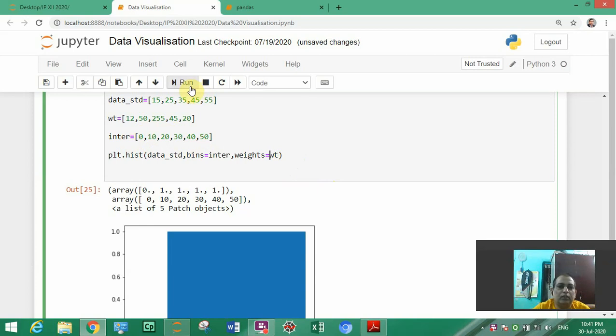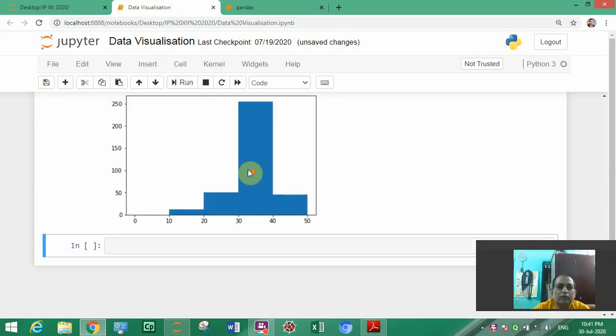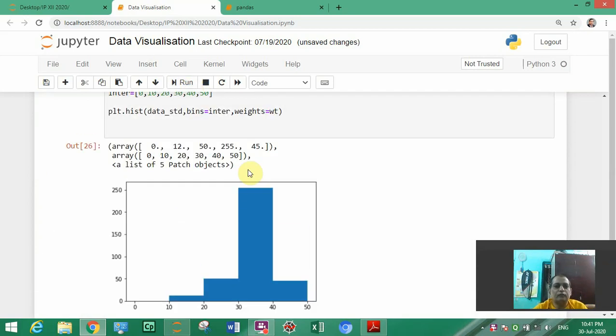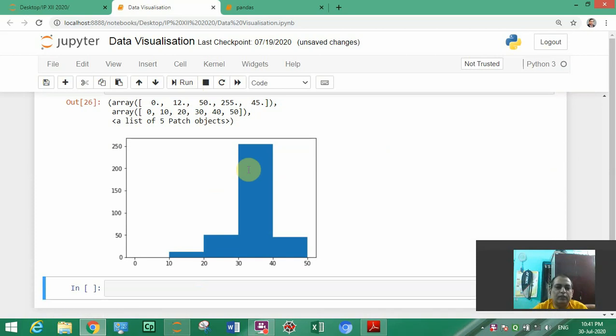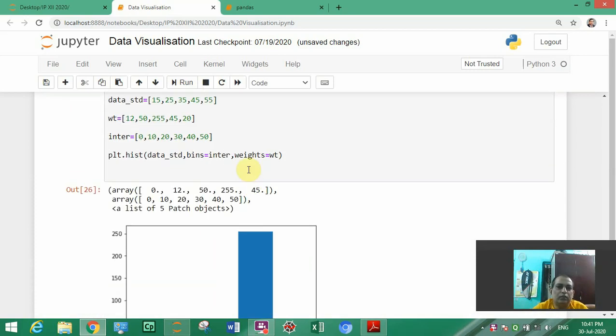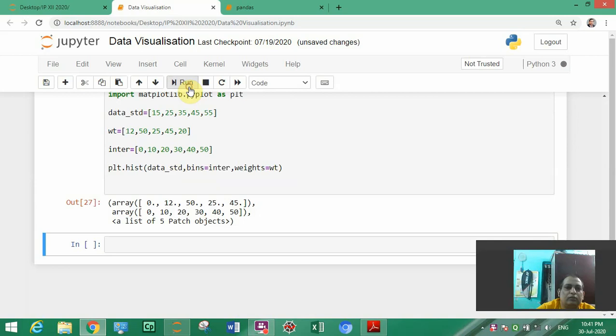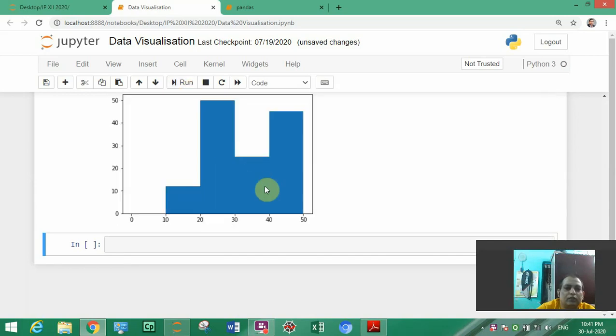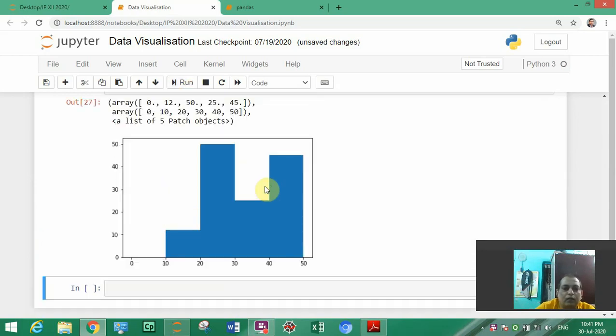So now you can run and see that here our data is coming like this, and this is called a histogram. One big bar is coming because we have given 255. So now we change it, then it will come like this, and it is not separated.